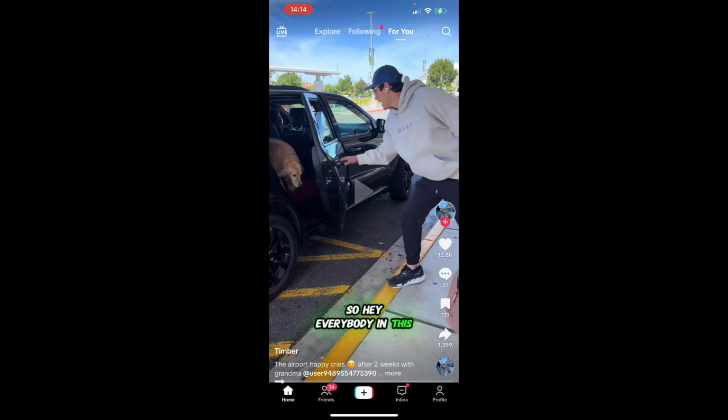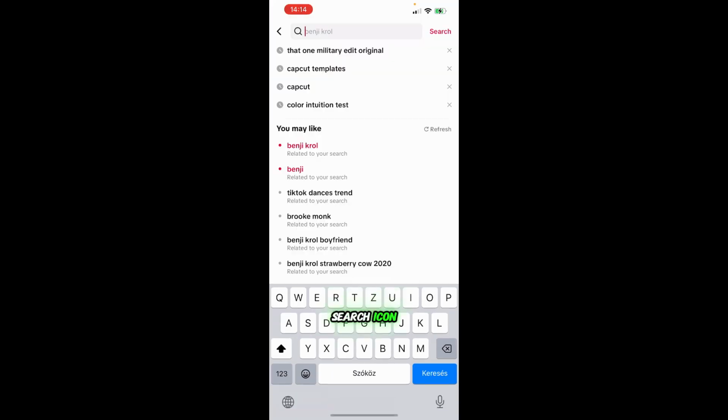So hey everybody, in this video tutorial I am going to show you how you can search on TikTok. So first of all, we opened up TikTok and as you can see, here is the search bar. Later on, if you cannot see the search bar, I'm gonna show you some steps which could help you fix this problem. If you have the search bar, you're just gonna click on the search icon and